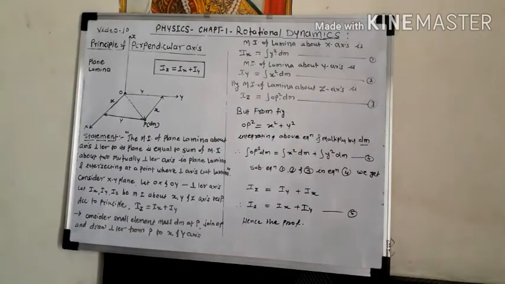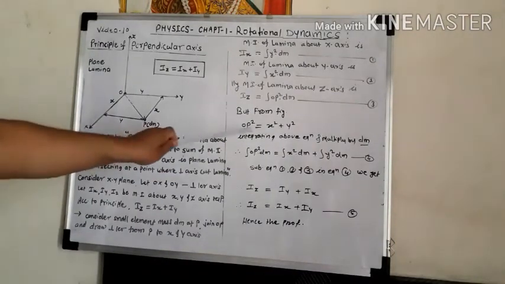We have these 3 equations, that is, the MI of the lamina about the x, y and z axes. We can substitute values from this figure, this parallelogram, using the property of the hypotenuse square being equal to the sum of squares of the adjacent 2 sides. From the figure we can directly write OP square is equal to x square plus y square, taking either this side or this side. If we write OP square equal to y square plus x square, it is the same.